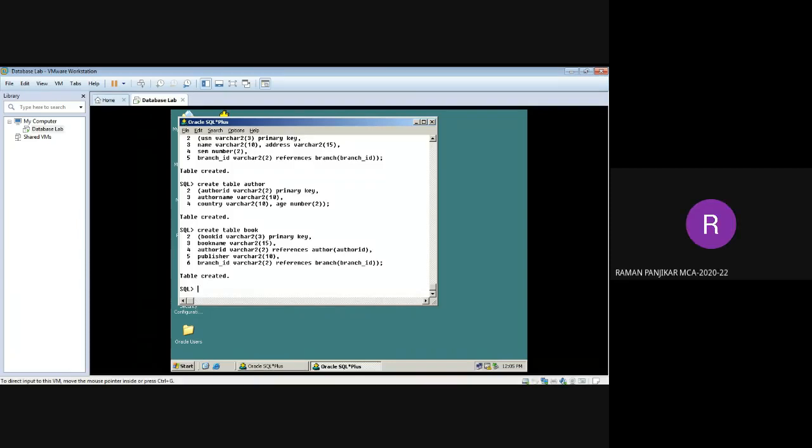Okay, give this command: drop table branch. If it is existing, it has to get dropped. Ma'am, it has simply come to the new line. Did it show table dropped? No, ma'am. Did you give drop table and the table name? Yes, ma'am, drop table branch.